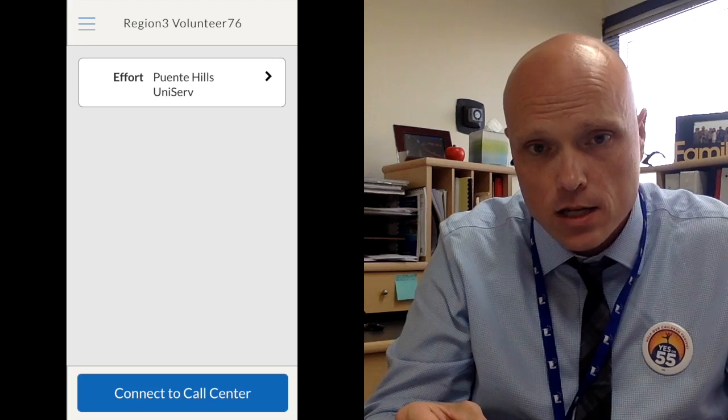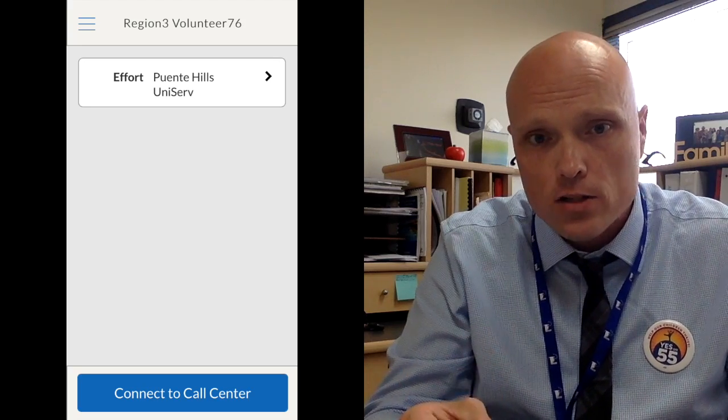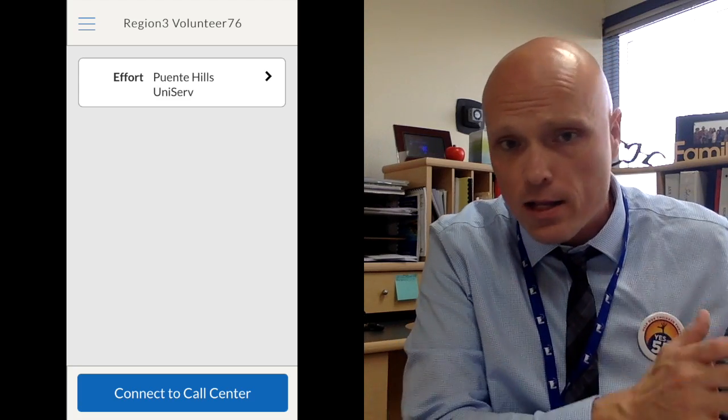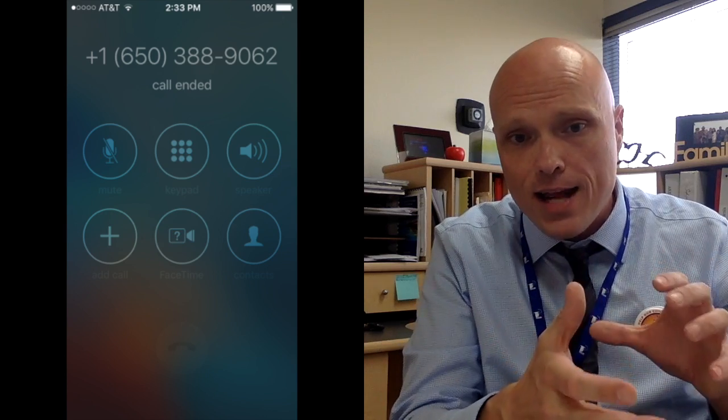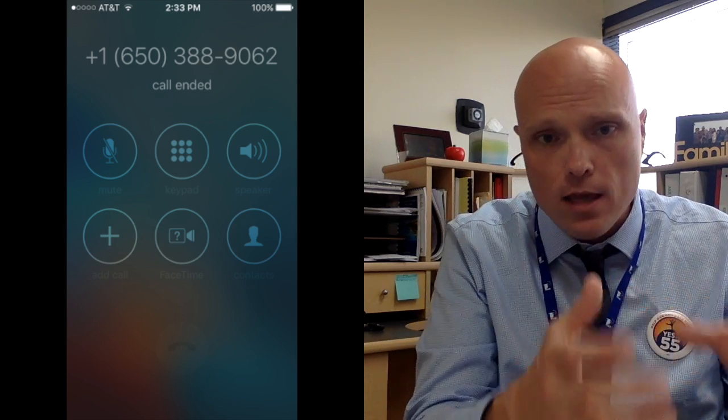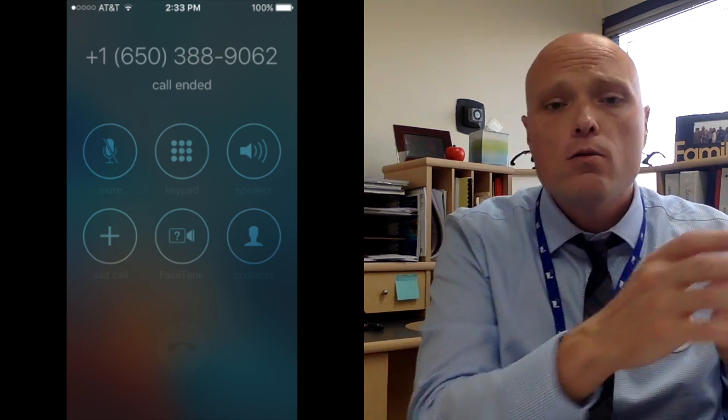So you use that information, you log into the Organizer app. Once you're logged in, what you're going to see is Connect to Call Center. You click that Connect to Call Center button, it'll go like you're making a regular phone call out to a phone number. Once that call connects, it's like a voicemail system, and it'll tell you, thank you for calling the Organizer app. Please return back to the app. So you kind of exit out of the telephone call while keeping the call going,